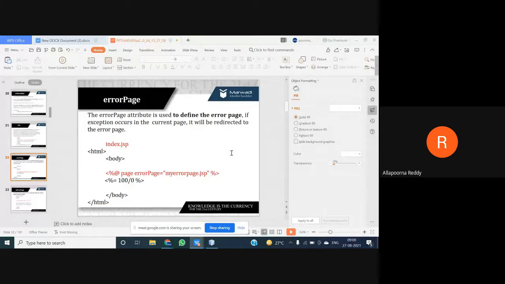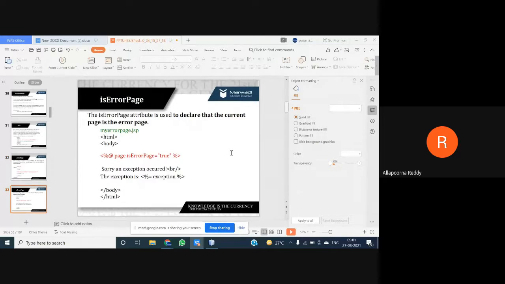In a second we can come back and execute it so that we can get the answer from this. Right? To know what my error is, that is a different issue. To redirect to your error page, which you are using separately, the redirection is possible with the errorPage attribute.